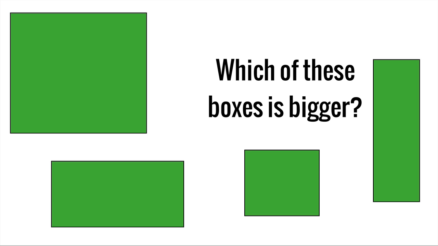But the related question, which of these boxes is bigger than the others, is answerable. No matter what the unit is, the box on the upper left is still going to be the biggest. The box in the sort of center lower right is going to be the smallest. One of those two boxes, but they're both going to be smaller than the box on the lower left. And I can make that determination even without knowing what the scale is.